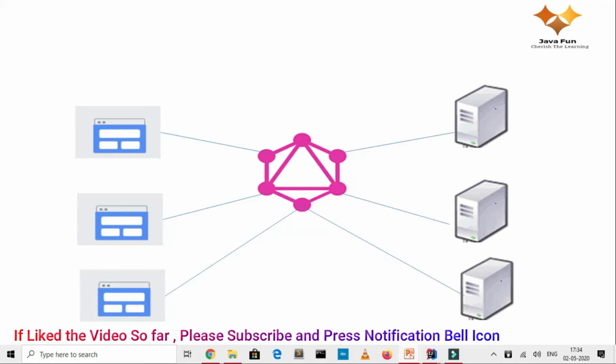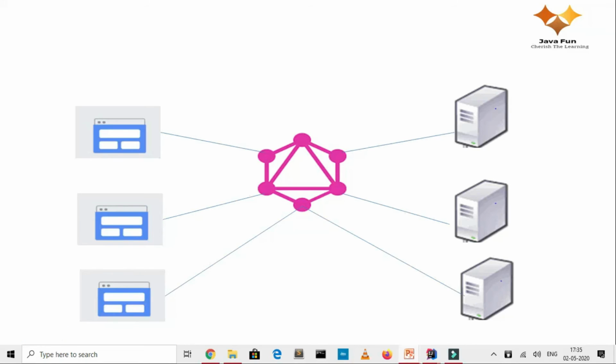To give you an example, suppose I have an author as an entity on my server side and books as an entity on my server side as well. And now if I have two different microservices for it, an author service and a book service. So in a typical REST world, if I want to know the books written by an author, I need to make a first call to the author service, get the author data, and using the author ID or something, I need to make another call to the book service and fetch the book data back. So I'm making multiple calls to the backend to get the data and show it on my browser.